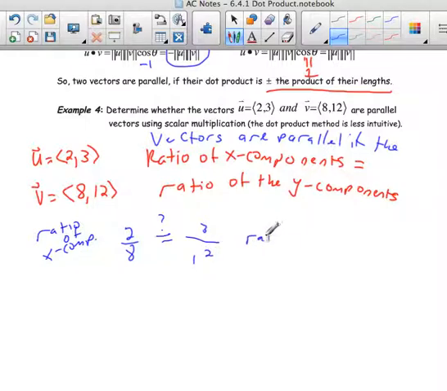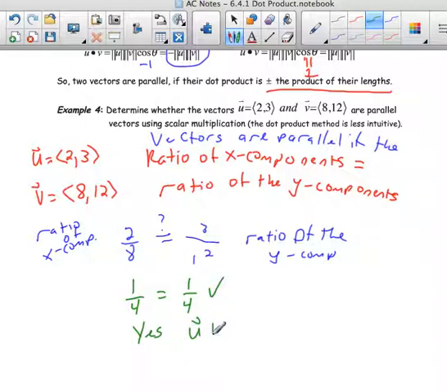So this is the ratio of the y components. So let's simplify both of these ratios. So 2 over 8 simplifies to 1 over 4, and 3 over 12 simplifies to 1 over 4. So we can say, yes, u is parallel